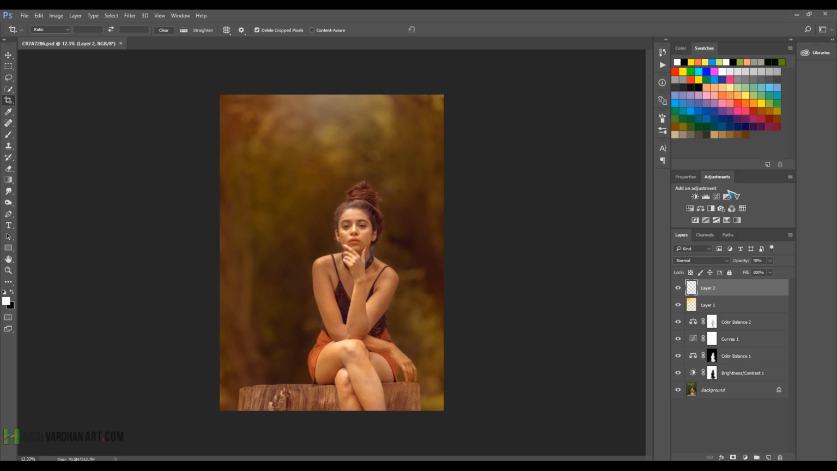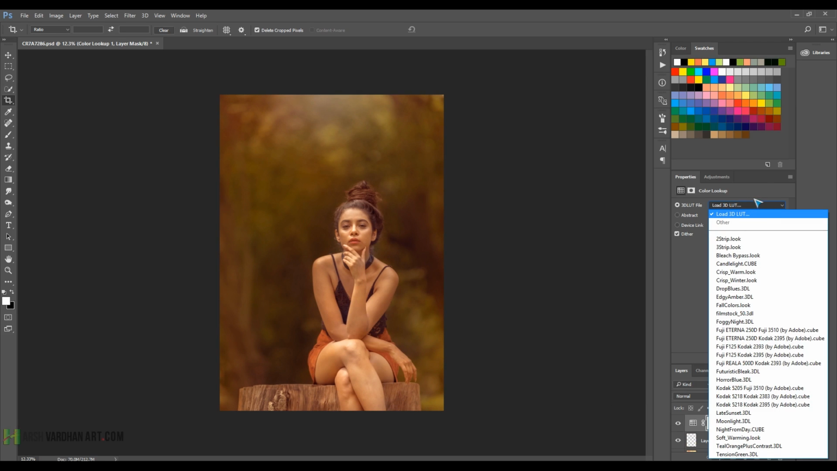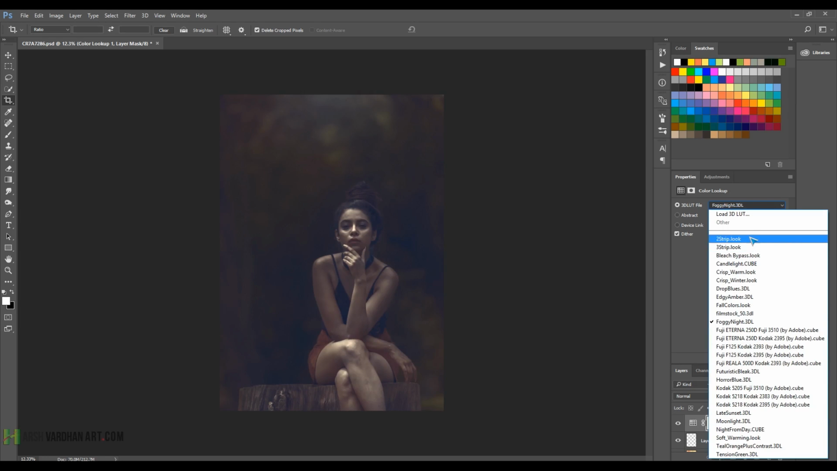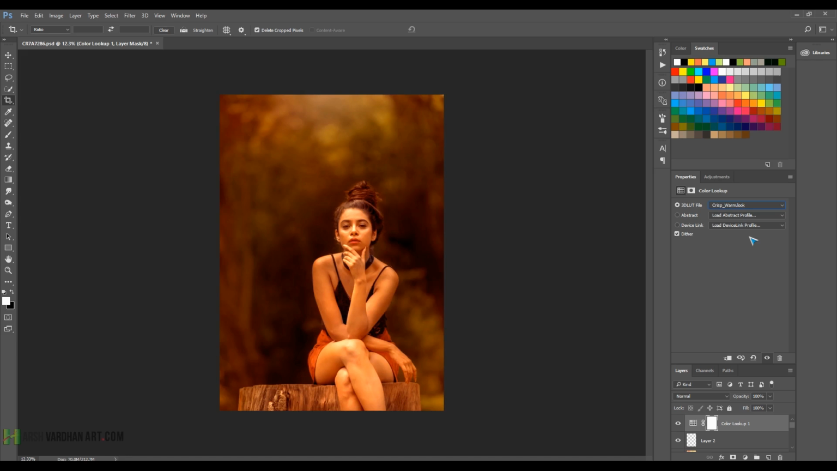Now come to the adjustments and select this color lookup and choose this preset, which is foggy night, or let's try another one. Let's try a different one. Just press the down arrow key and it is going to toggle between different ones, and choose whichever you like. And in this case, let me see which one is looking good. I think horror blue,